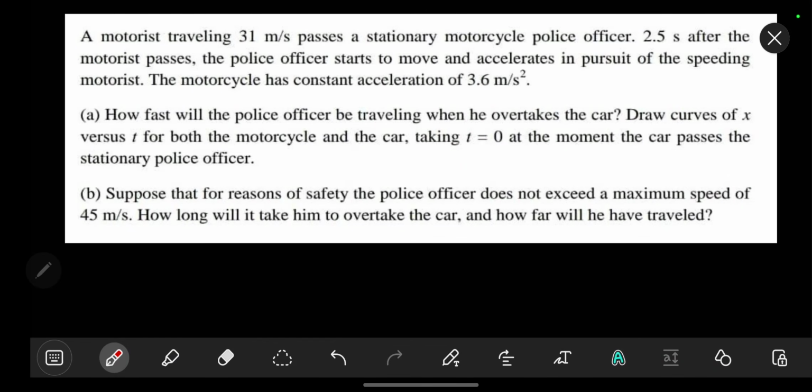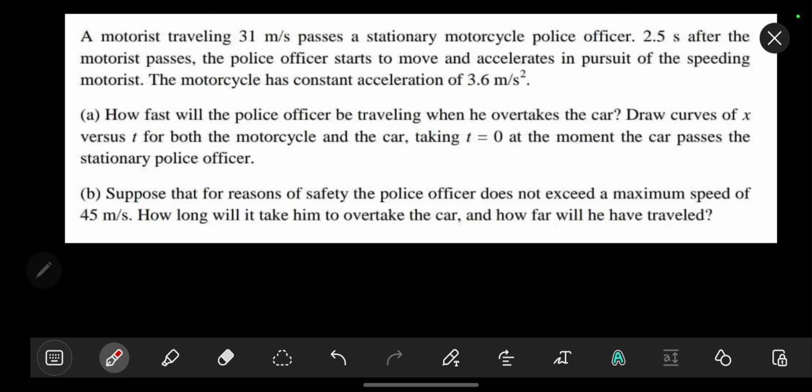So this problem in physics, which is kinematics, is a problem where many have challenges in solving. This problem is actually very easy, as long as you understand it, you are able to